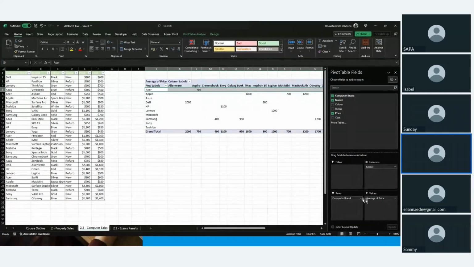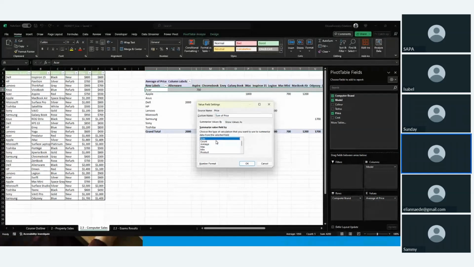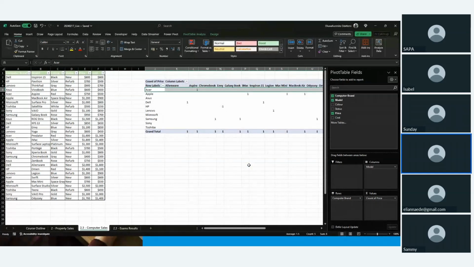So now you see that, let me put this as sum. Let's say I'm interested in count, not just sum. So now you see that for Acer, if you look at the pane, this pane here,